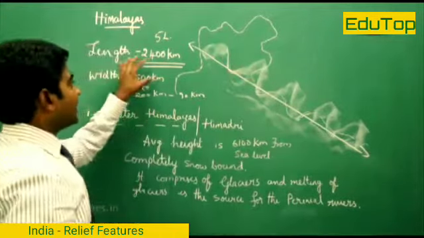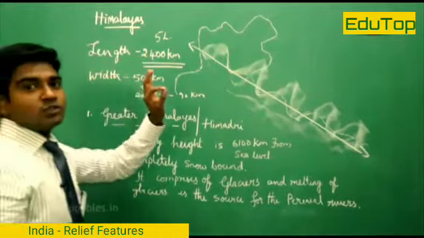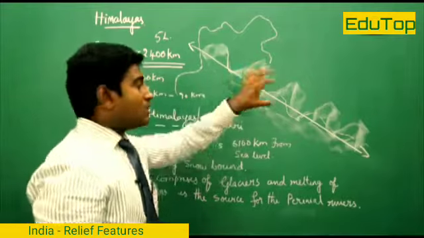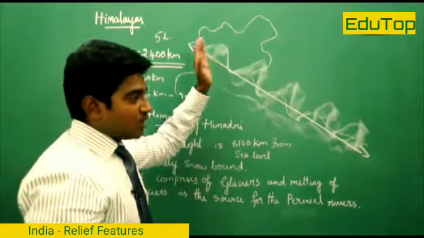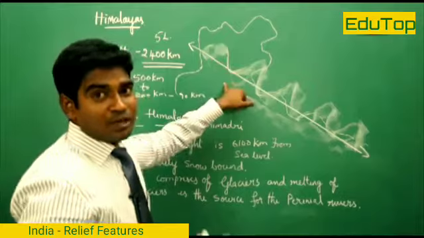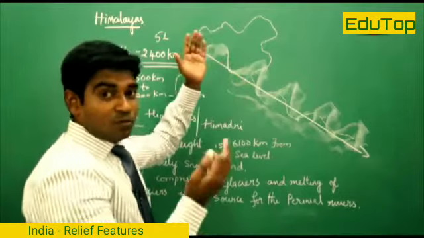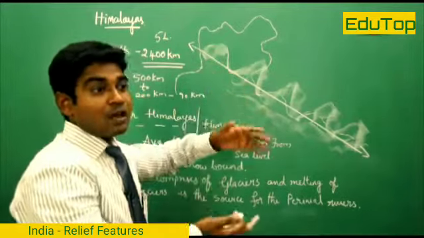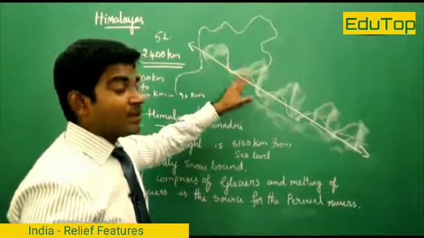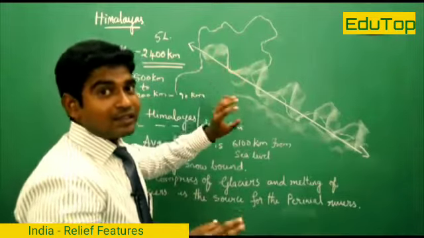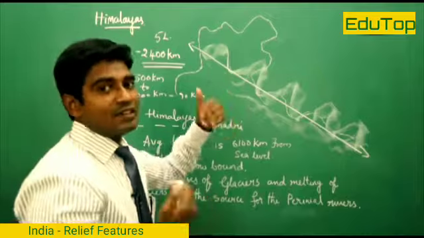So the Himalayas are the largest young folded mountains that we have in our world in the present day. Young folded mountains in the sense that you can imagine how young they are, meaning the mountains we have in other parts are older mountains. These were formed nearly 70 million years ago. These are the youngest folded mountains we have right now.